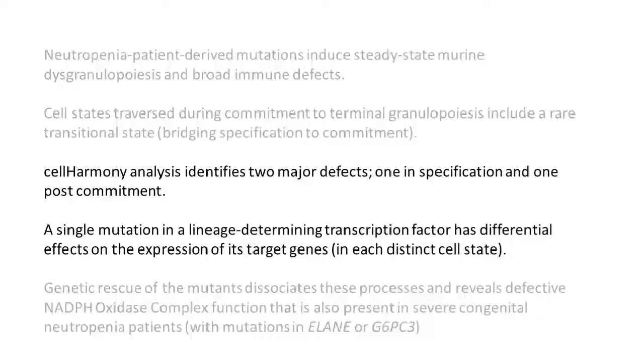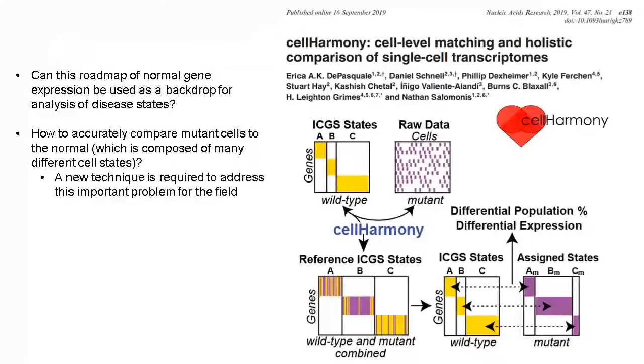So now that we have a firm understanding of terminal granulopoiesis, we can revisit our GFI1 mutant mice to better understand the transcriptional deregulation that accompanies the neutropenia and neutrophil functional defects. But first, we're presented with a problem that I mentioned earlier, and that's how can we accurately compare mutant cells to the normal cells, which, as I just described to you, is composed of many different cell states that accompany